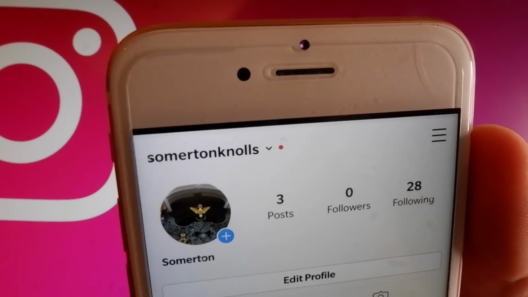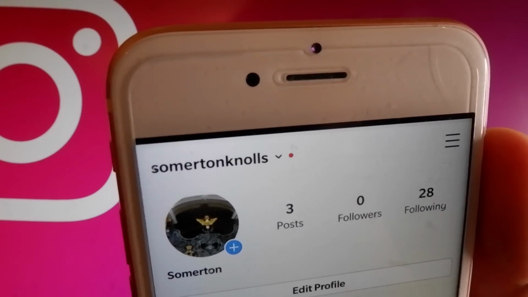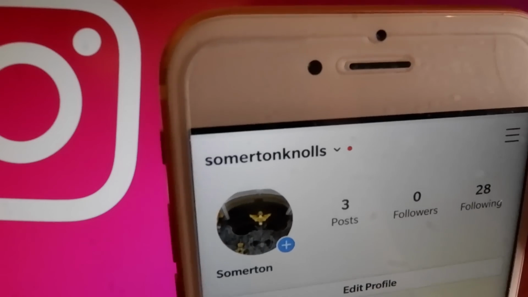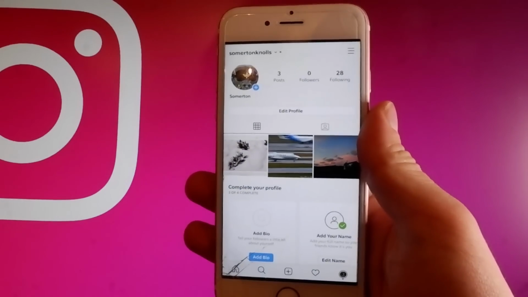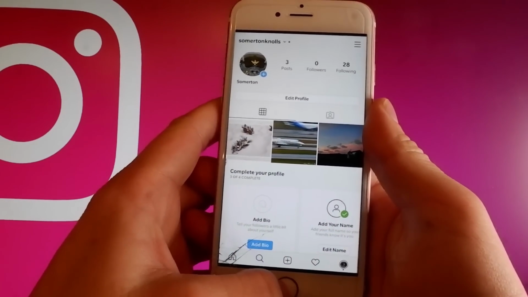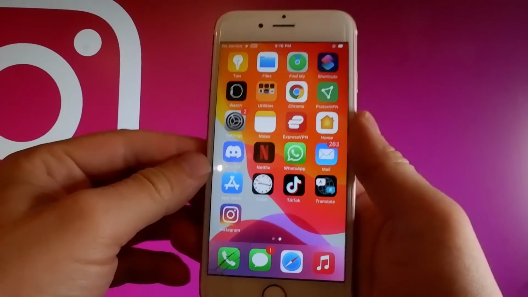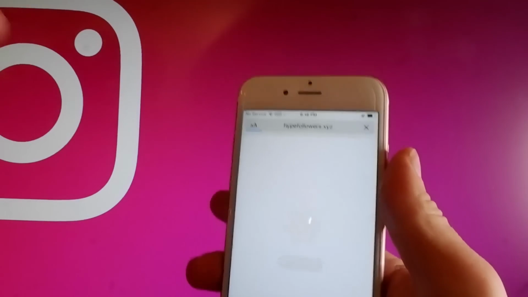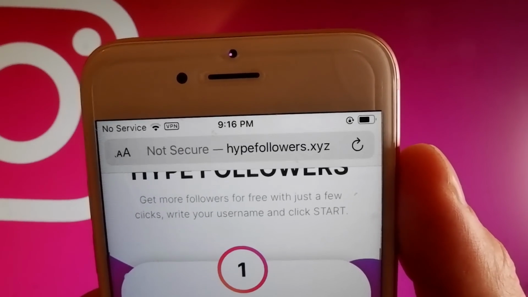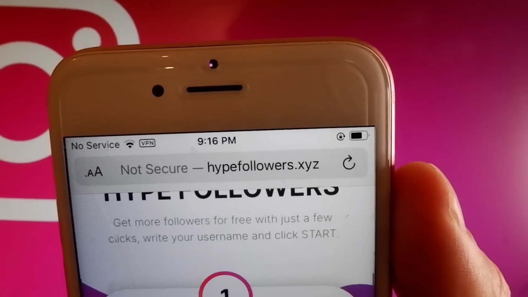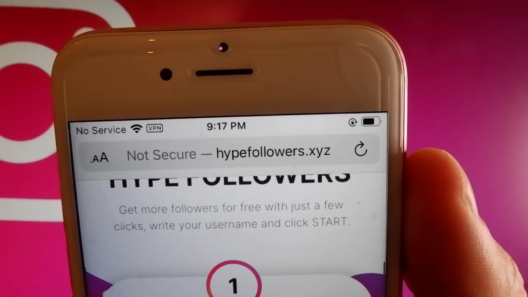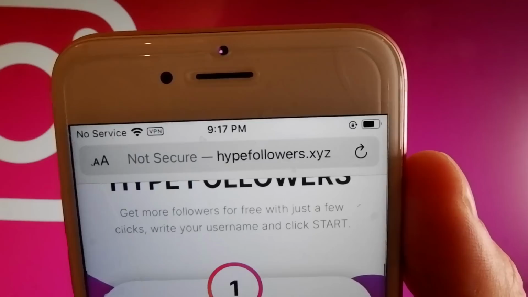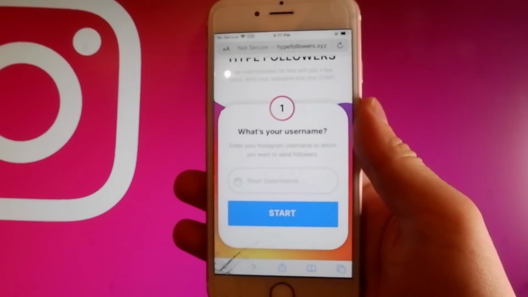You're going to get your own username to get the followers on your own account, and once you get the username, the next step is that you need to close Instagram totally, the app. You need to shut it down and then open your browser and go to this website that I'm going to show you right now. So the website that you need to go is hypefollowers.xyz. So hypefollowers.xyz is the website that you need to go, and once you're here, the first step is that